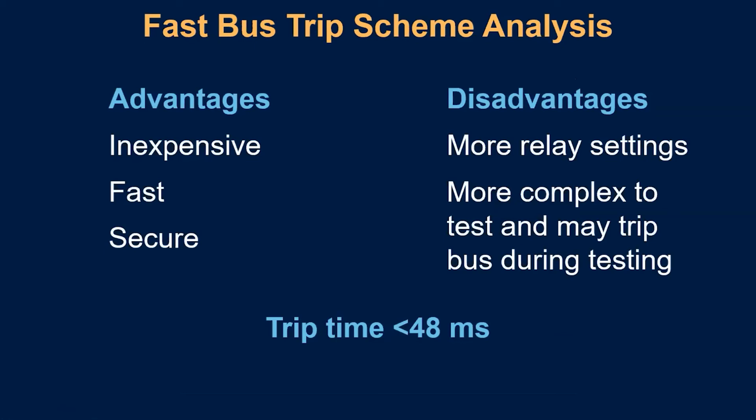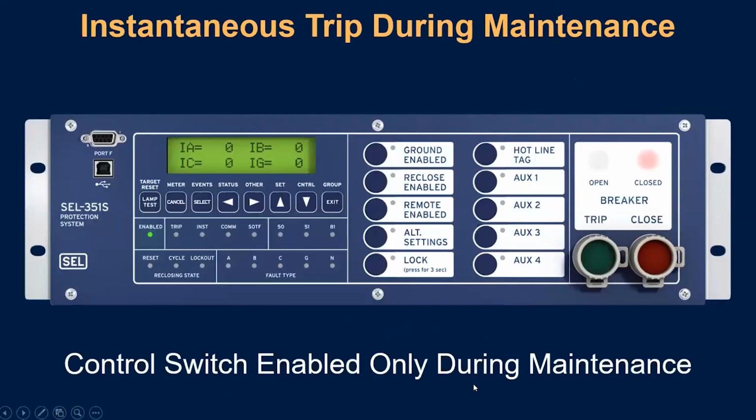Really, the only downside to it is there's a touch more complexity, though not much more complexity. So this is a really popular option. We have a lot of SEL customers that do this in order to lower their arc flash incident energy. We probably have just as many, if not more, that employ a simpler solution, which is actually faster as well, but it's less selective. But we can enable an instantaneous trip on the main or on any piece of any relaying